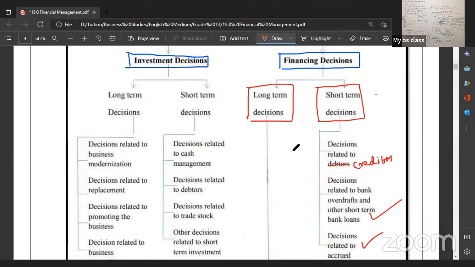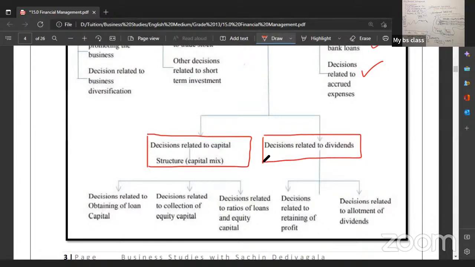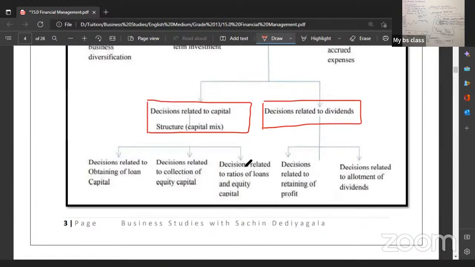Right, so those are short term. Now when it comes to long term, again you have two parts: decisions related to the capital structure or the capital mix, and also decisions related to dividends. Remember, when you think about the capital structure or capital mix, decisions related to obtaining loan capital, whereby you will receive funds to your business, and also the decision related to collection of